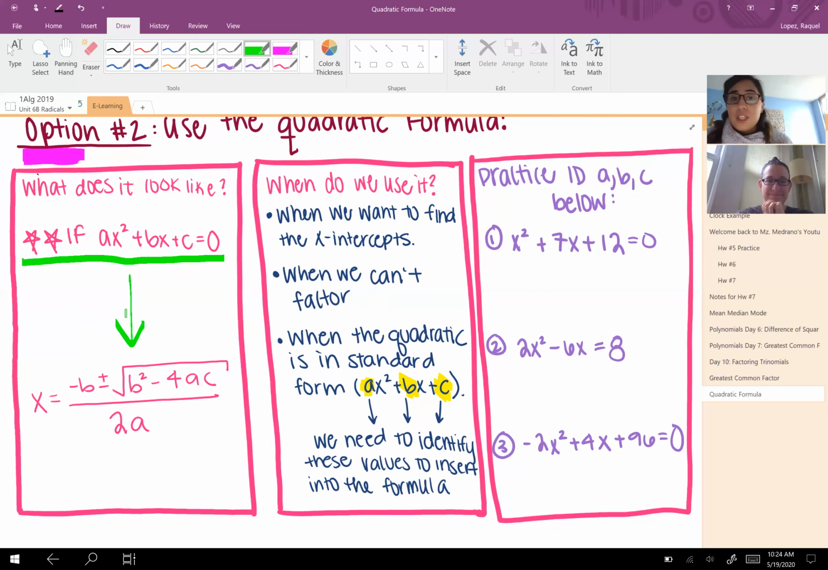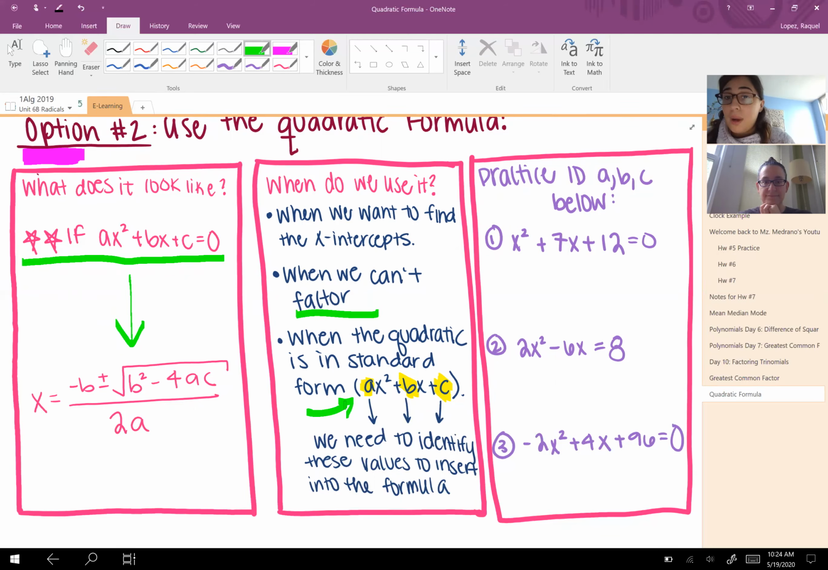So when do we use the quadratic formula? We use it when we want to find the x-intercepts. We use it when we can't factor, or when we can't seem to find the correct pair to factor our equation. We use the quadratic formula when our equation is in standard form. So standard form, ax squared plus bx plus c, and we need to identify what those a, b, and c values are. So before we actually start using the quadratic formula, let's start practicing by identifying our a, b, and